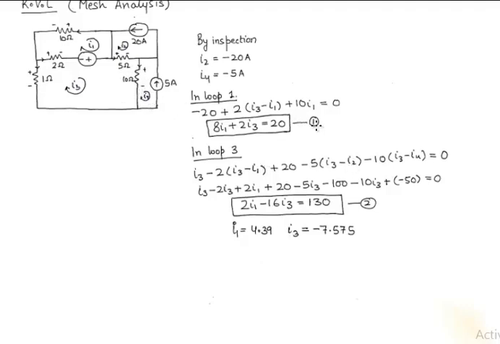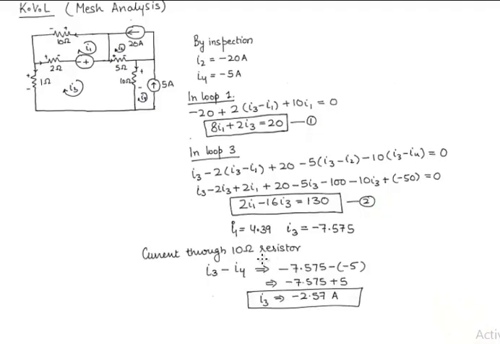So by solving equation number 1 and 2, we get I1 to be equivalent to 4.39, which we're not concerned about. I3 is minus 7.575, and we are concerned about finding the branch current. So it will be I3 minus I4. So the current through the 10 ohm resistor will be I3 minus I4, and that will be minus